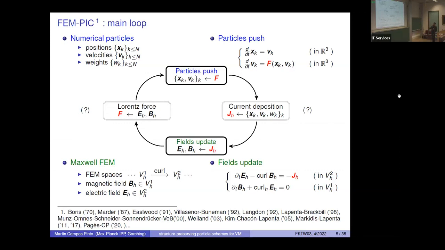And you already see that the first coupling term was the Lorentz force, and the second coupling term, the current density, needs to be also approximated, discretized in a finite element space. So again, here finite element is meant in a very general way. It could be a Fourier space, polynomial finite elements, spline finite elements, generalized finite differences. So I will specify in which sense I say finite elements.